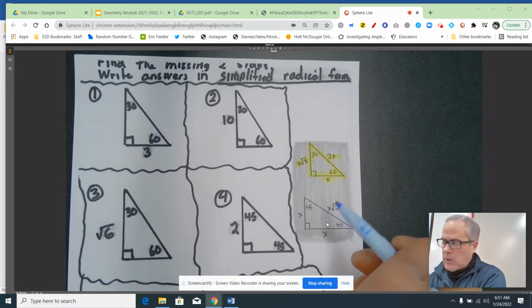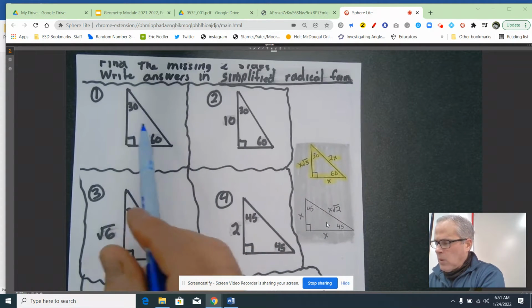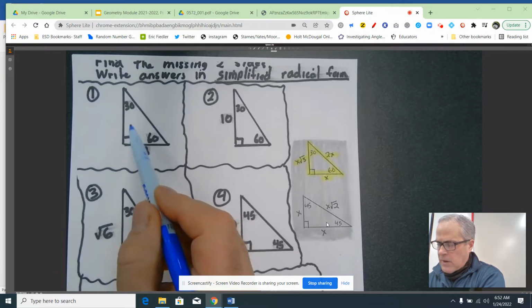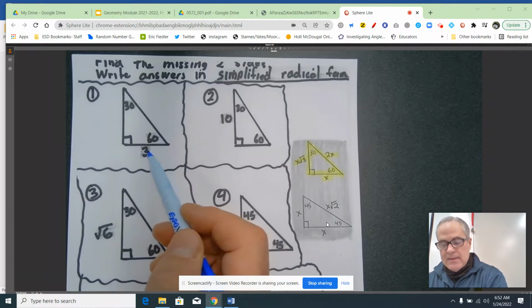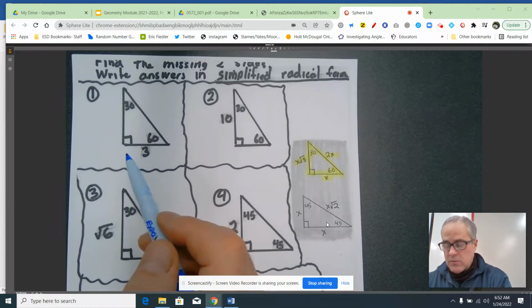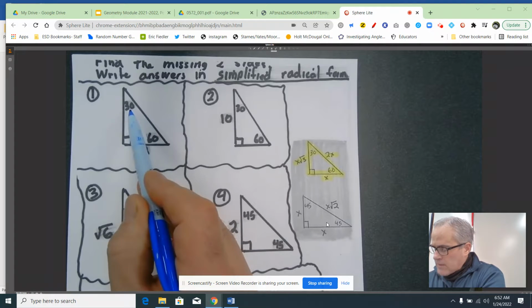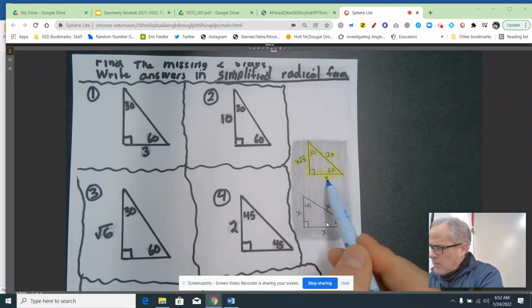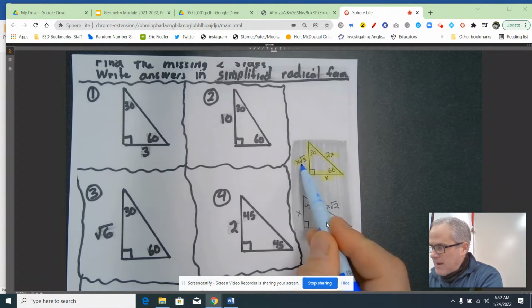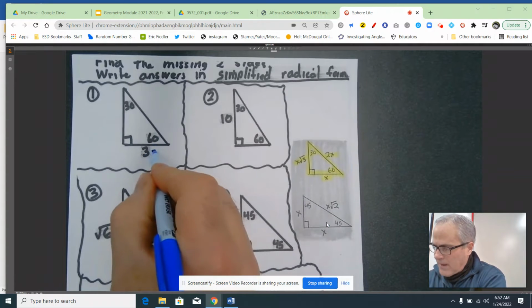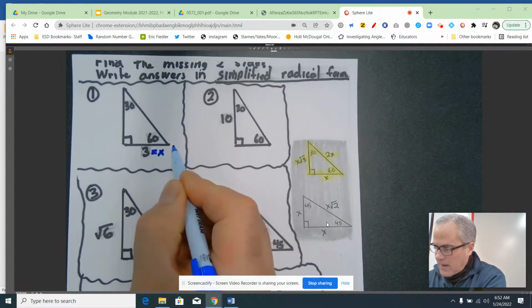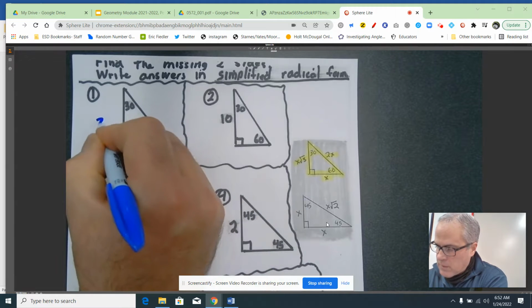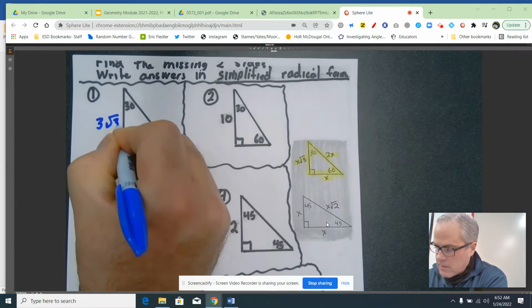Okay, take a look at our first one, which is number 1. Number 1, what are we given? Well, first of all, we're given a right triangle, and it's a 30, 60, 90. These things only work for the two special right triangles. We're given the side opposite the 30-degree angle, which is called the shorter leg. The shorter leg is x. To get the longer leg, I have to take x and multiply it by the square root of 3. So if this is x, x times the square root of 3 should be 3 times the square root of